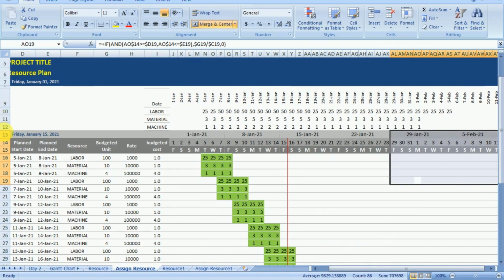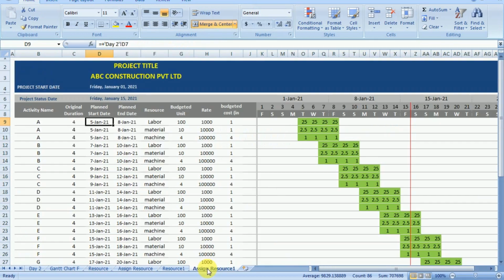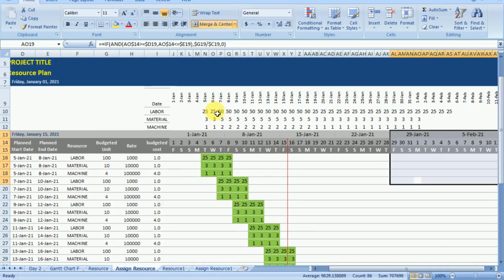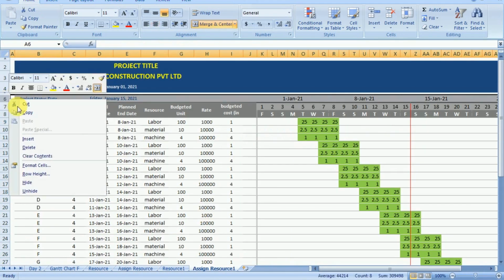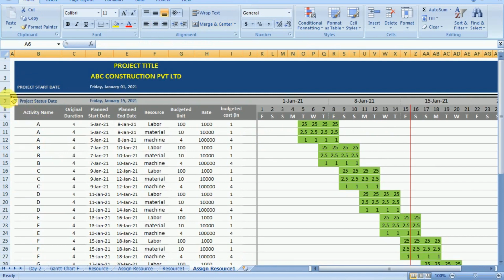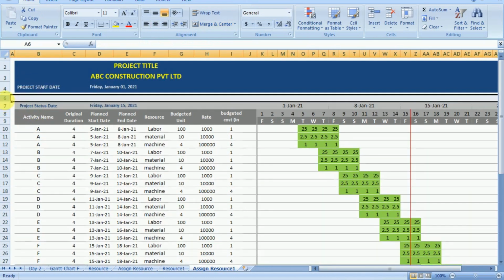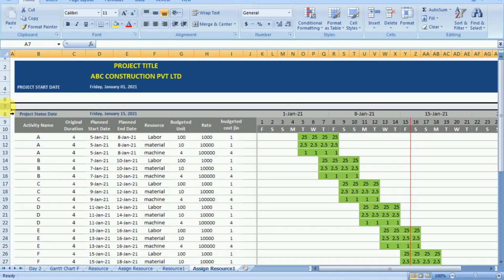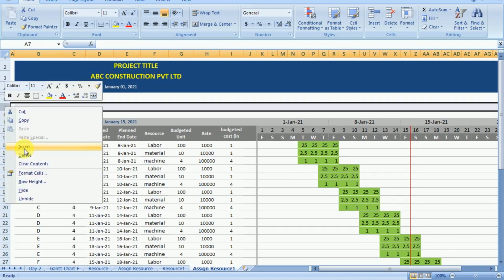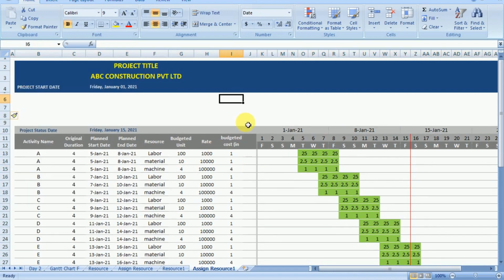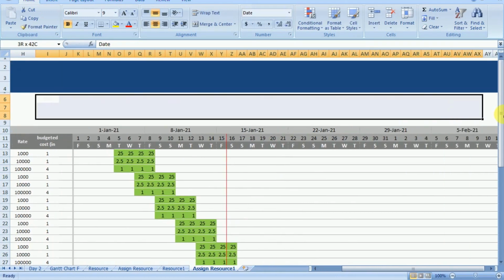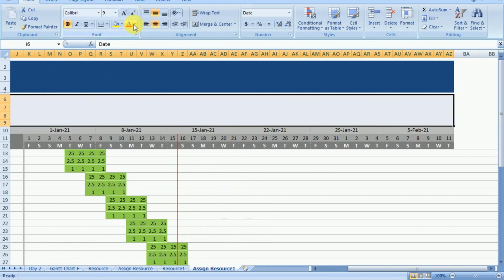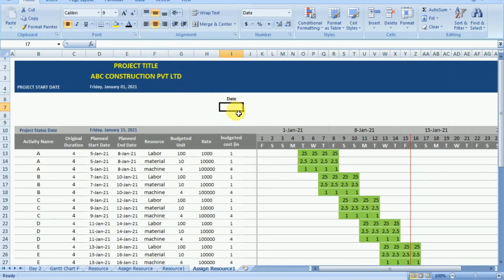Now we need to add 4 rows in the assignment sheet. So we will click on the row and insert additional 4 rows. You can directly click on the row and then click on insert. We can also use Ctrl Shift plus together to insert a new row. Now once the row has been inserted and the proper row height has been allotted, then we will change the text, font and the format.